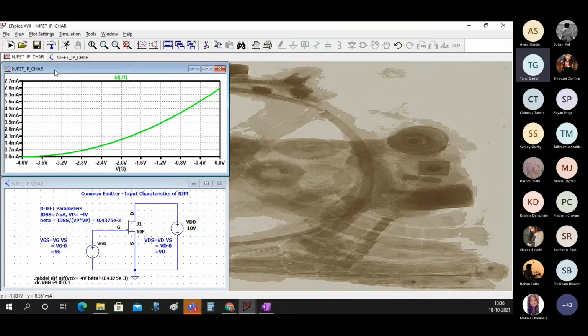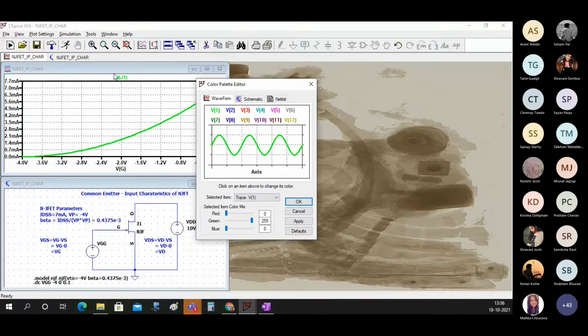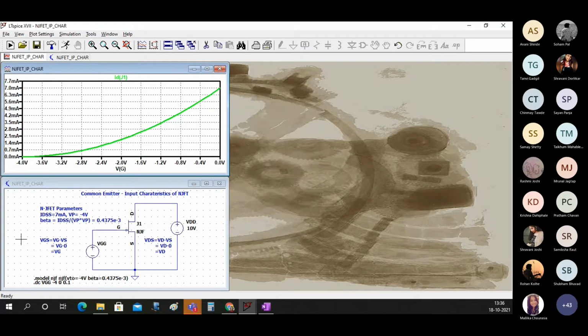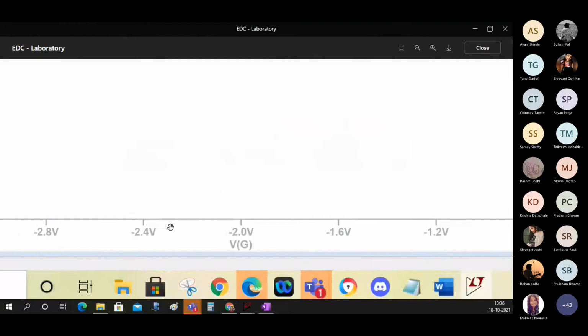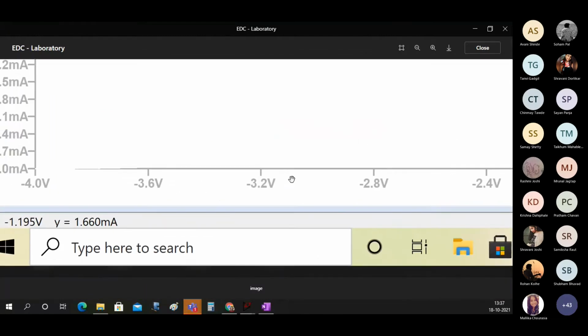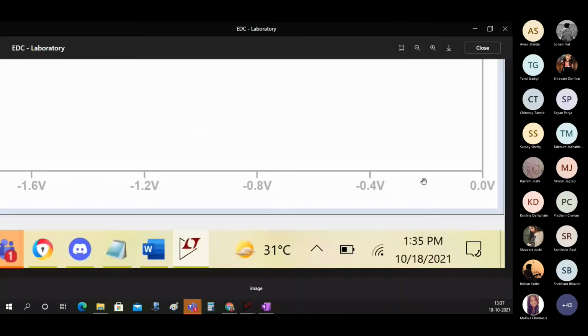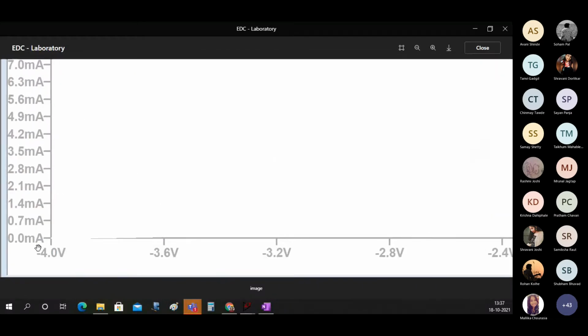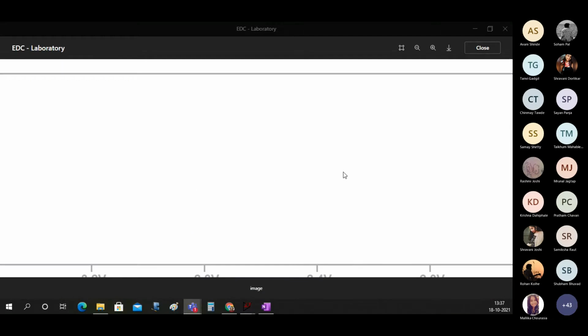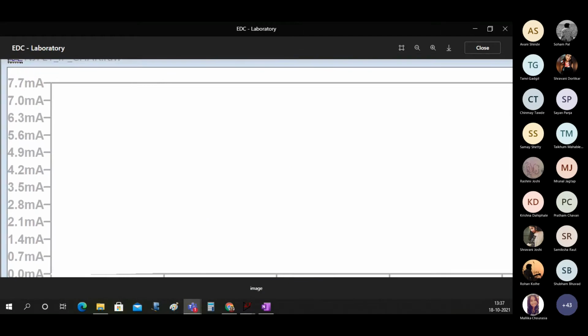Select this graph, go to tools, color preference, then select the background and make all these quantities 0. I'm getting this doubt because your x is proper, it is from -4 to 0, and your current value is from 0 to 7.